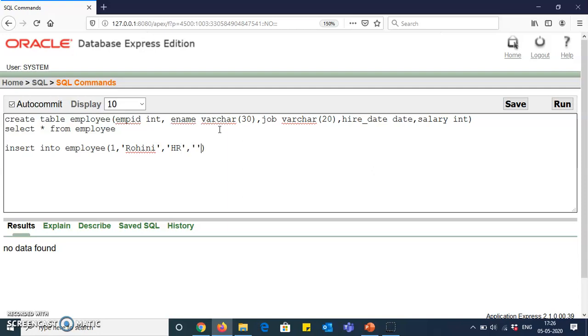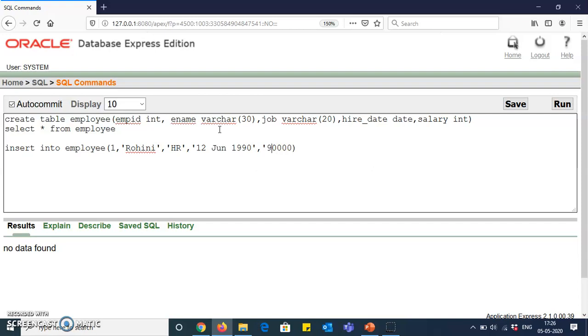Next, I specify hire date. Now please remember, for writing a date there will be some format like DD, MON, YY. So this is how you need to specify the date while inserting into your table. Now the last remaining part is salary. I need to specify the salary.